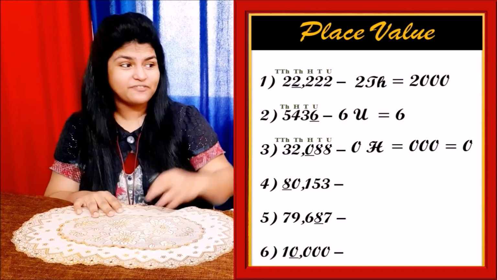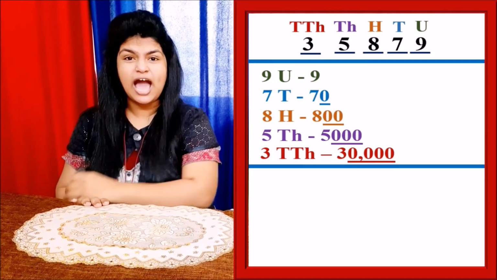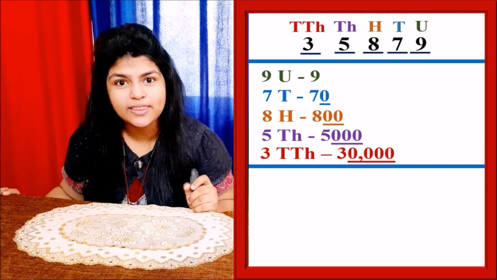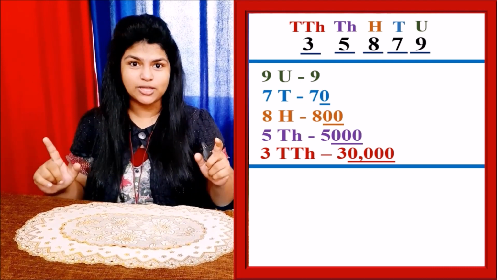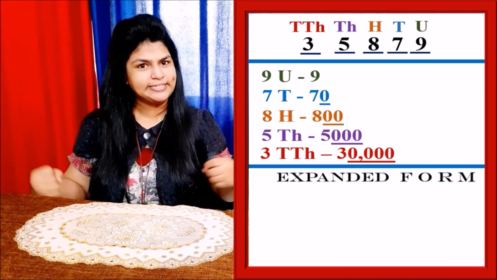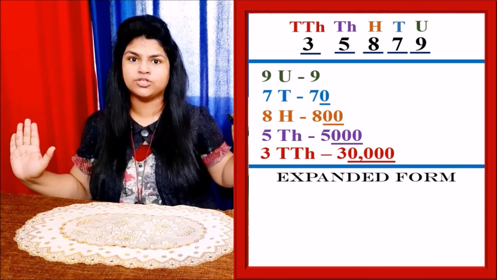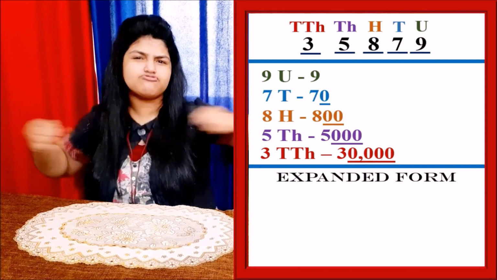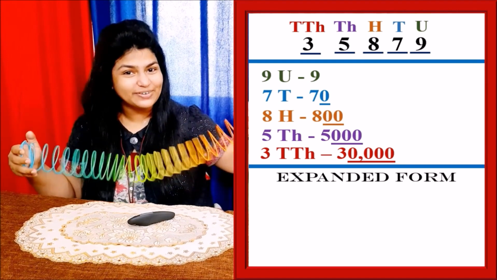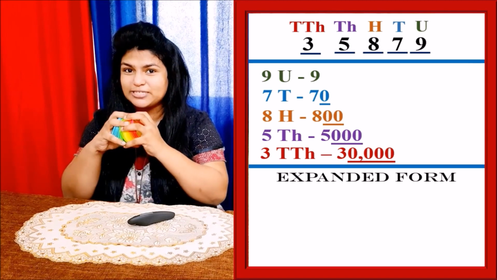Well, now do you remember we had taken this number and we had taken each number and found out its place value and how much they are. Right now, how about we put them all together? Yeah, when we put them all together, we get something called the expanded form, which means I'm going to give you a number and you're going to break it out and pull it out. Stretch it out, just like this pulling toy. Alright, the number is going to be small, but you have to expand